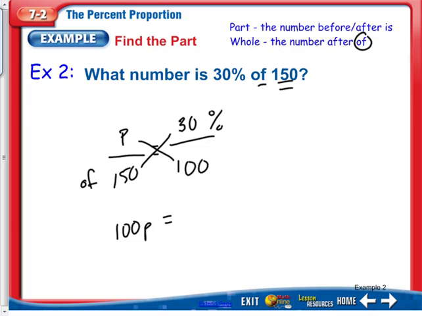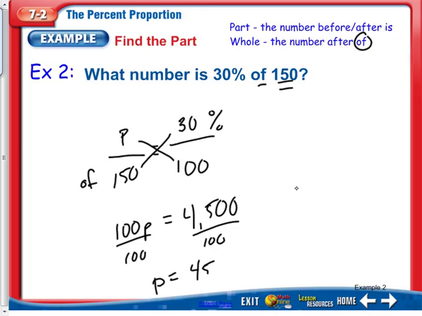I have 150 times 30, which equals 4,500. And then we divide by the coefficient. Remember, the coefficient is always the number right next to the variable. So I'm going to get P is equal to 45. So what that means is that 45, the number 45